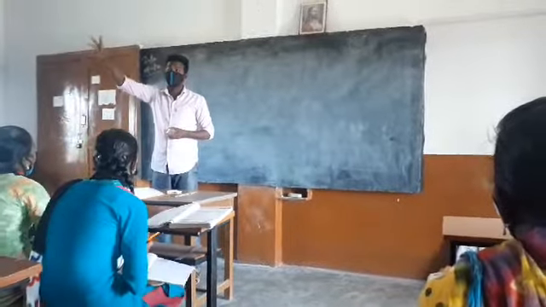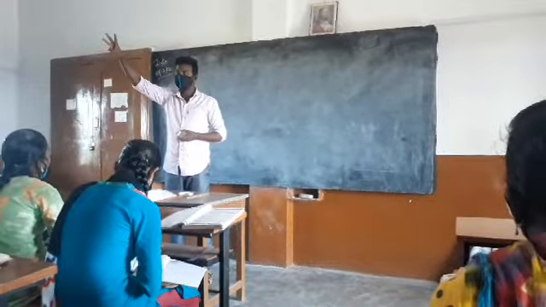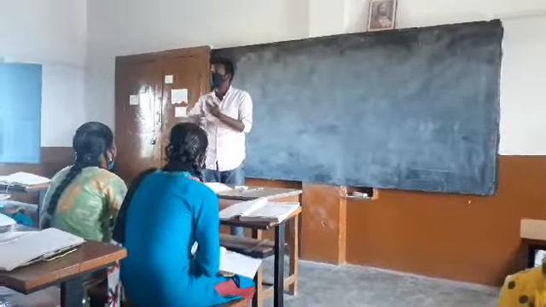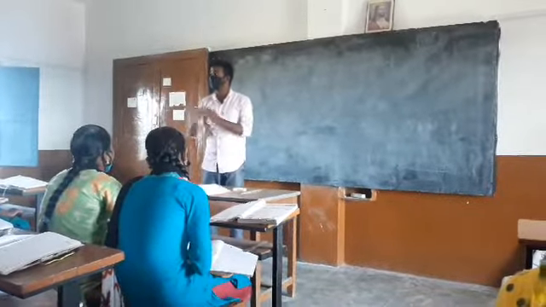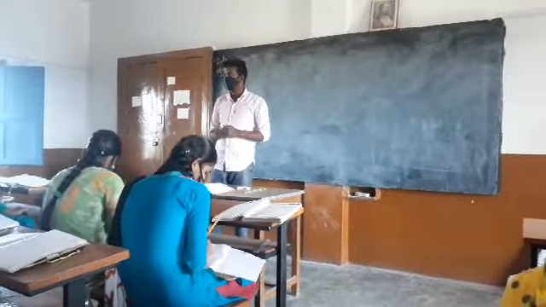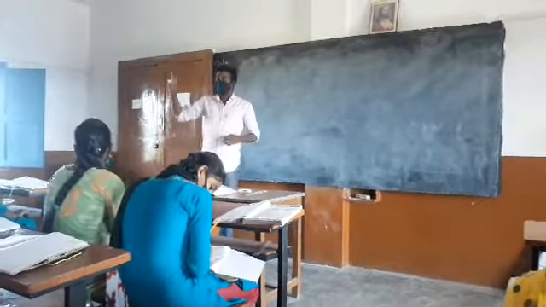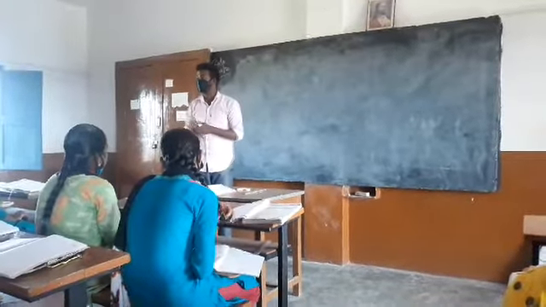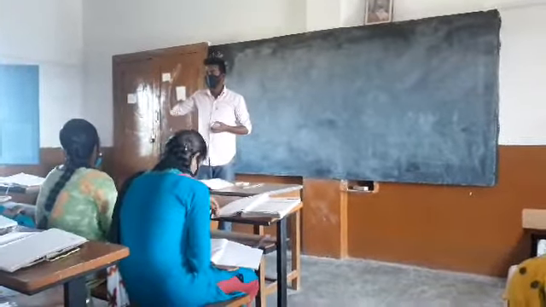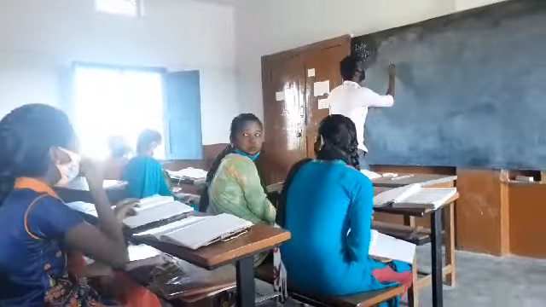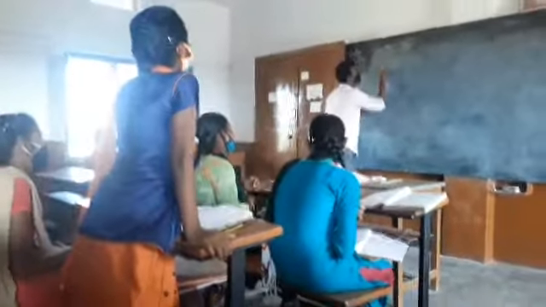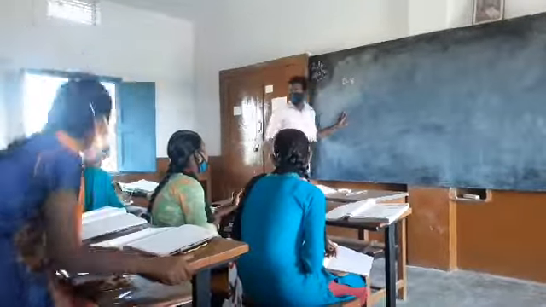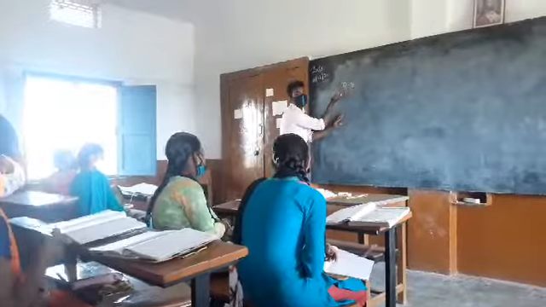We already discussed how many kinds of decimals there are? Three. So let us go one by one and see whether we can convert them or not. Even I don't know whether they can be convertible or not. First of all, I need an example for a terminating decimal, a stopping decimal number. Yes, who is ready? 0.8. Very good. Sit down. So she has given me a terminating decimal number.